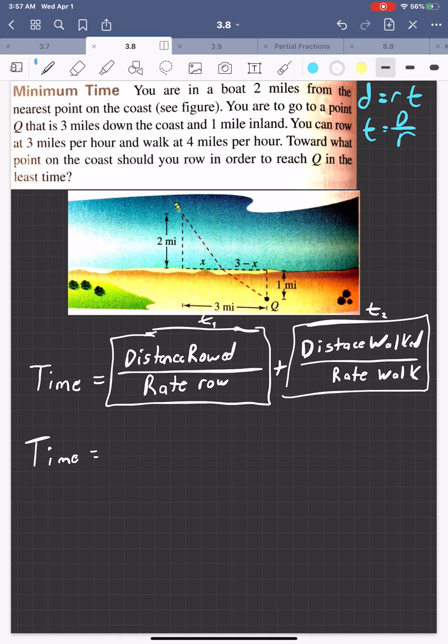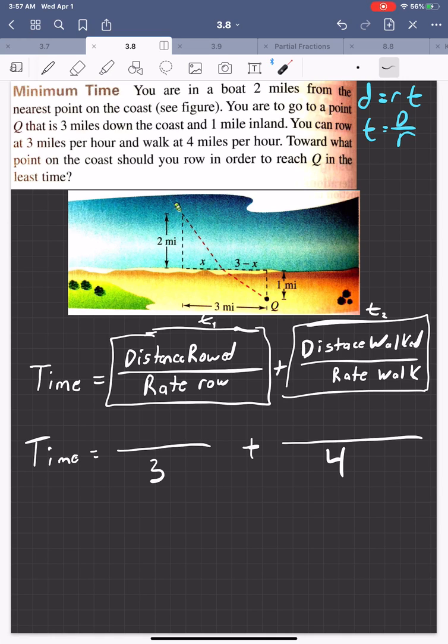In this case, it's pretty easy, let me go ahead and fill in the rates, because they were given to us. So I know the rate I can row is 3, and this is in miles per hour. And the rate that I can walk is 4, so that's 4 miles per hour. The distance, though,